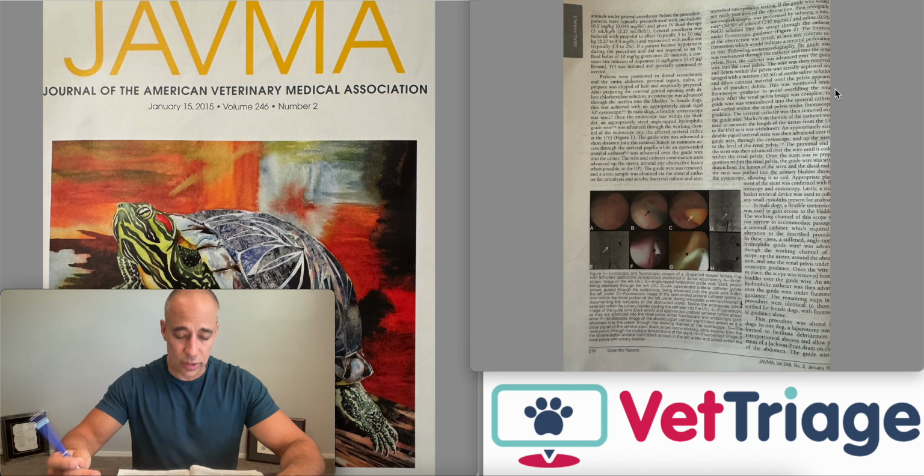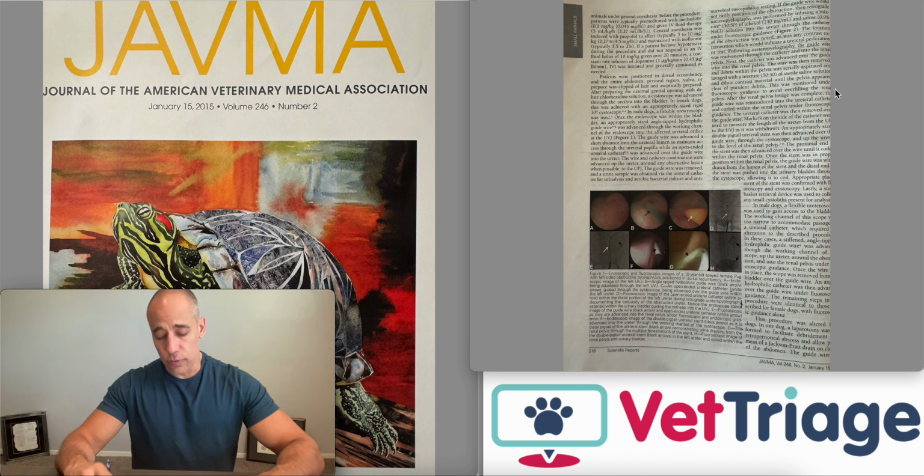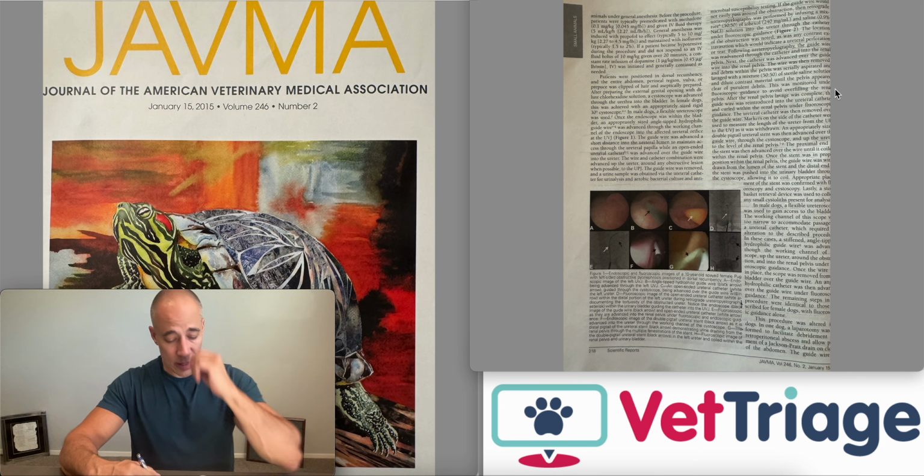Anesthetic complications, coagulopathies, hypotension, and organ dysfunction due to hypoperfusion are all concerns. In human patients, they suggest prophylactic platelet transfusions if platelet counts are less than 50 to 100,000 platelets per deciliter. Because over 75% loss of renal function needs to occur before a dog becomes azotemic, the findings